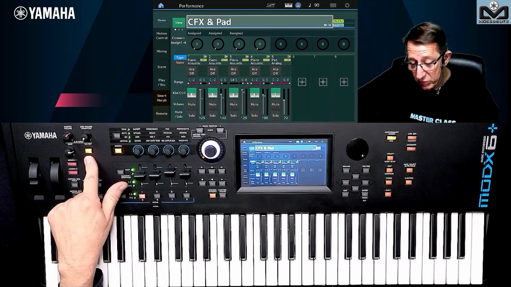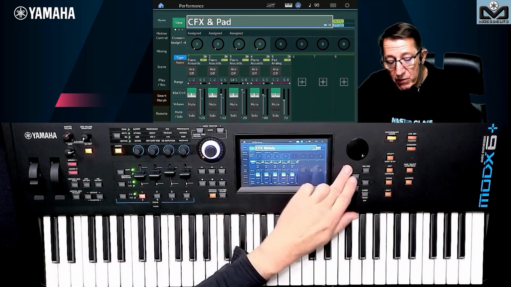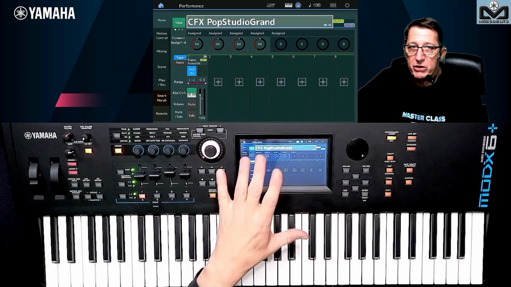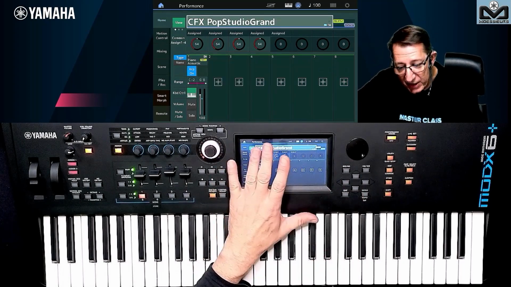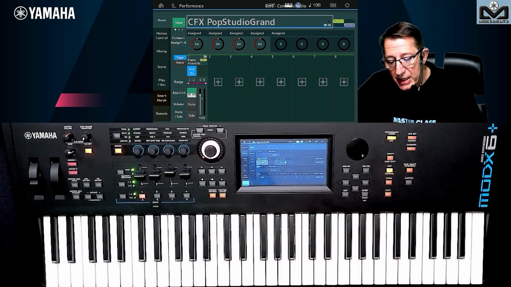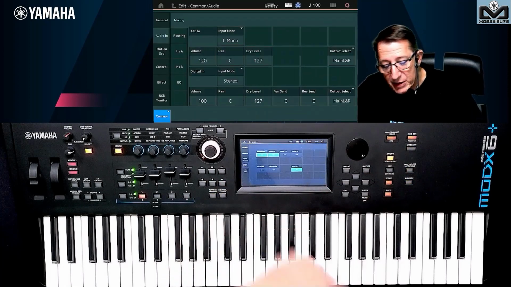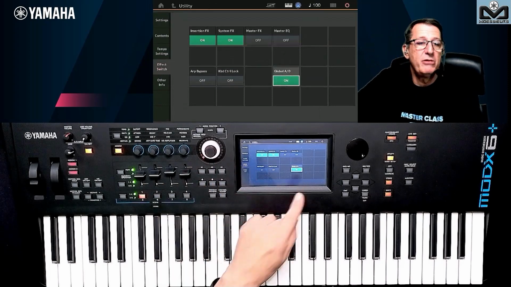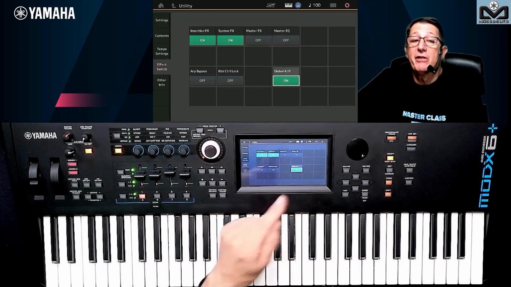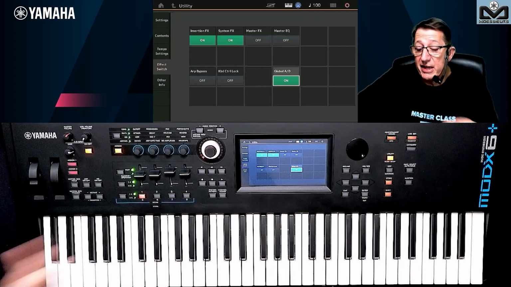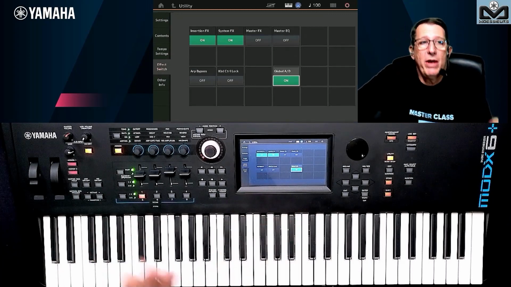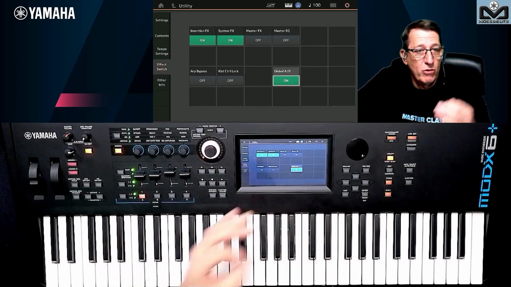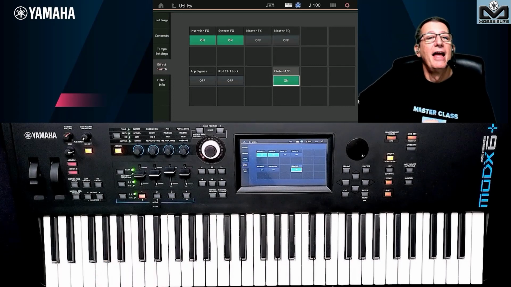The only thing you need to manage: you power on your Modx Plus or Montage, you set the AD input on, you go to your preferred performance where you have done the good settings, you set this one, you go to utility, and each time you power on, you need to set it. You cannot fix this setting because you need to select the good performance first. That's why you cannot set it on always, because the Modx needs to know what is the good performance.